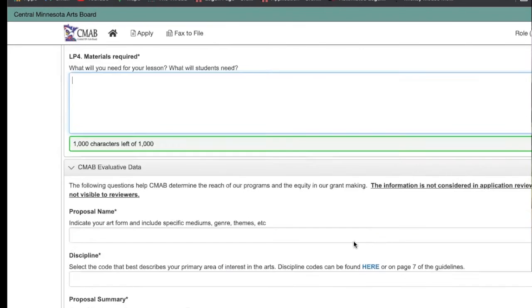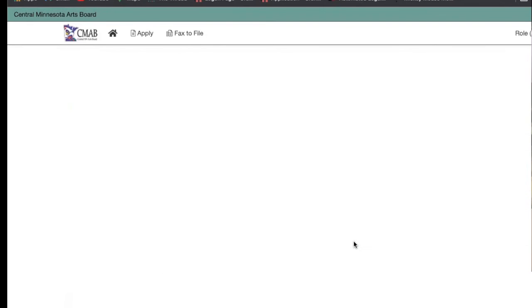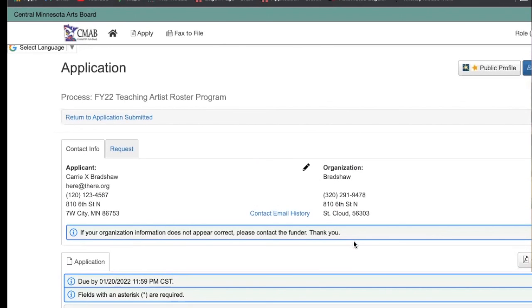We like to hope that the application is relatively accessible and straightforward. But I will reiterate that we are here to help support you in navigating that process. So you are welcome and encouraged to email, to call. I'll put my contact information in the chat after I'm done sharing my screen. We are really here to support you and help make sure that those processes go smoothly for you.